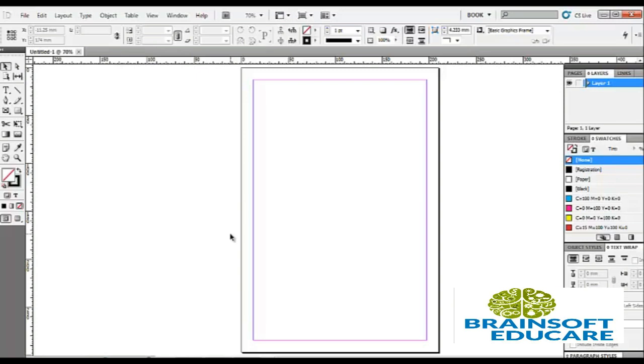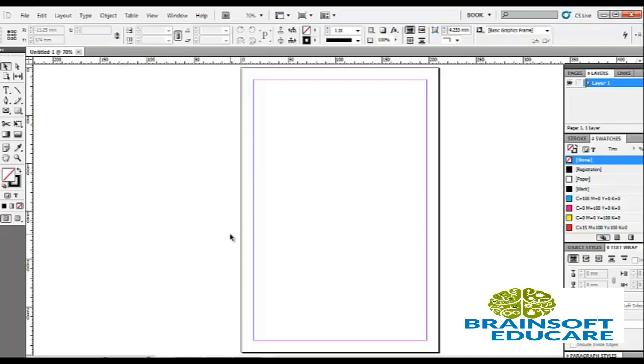The tool panel contains tools for creating and editing images, artworks, page elements, and so on. Related tools are grouped. The control panel displays options for the currently selected tool. The document window displays the file you are working on. Document windows can be tabbed and, in certain cases, grouped and docked.